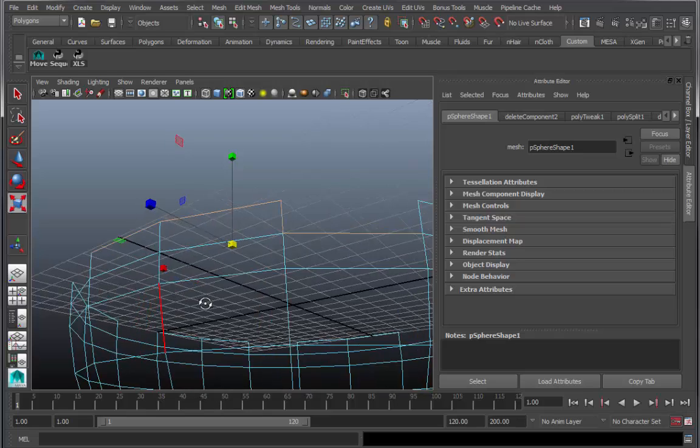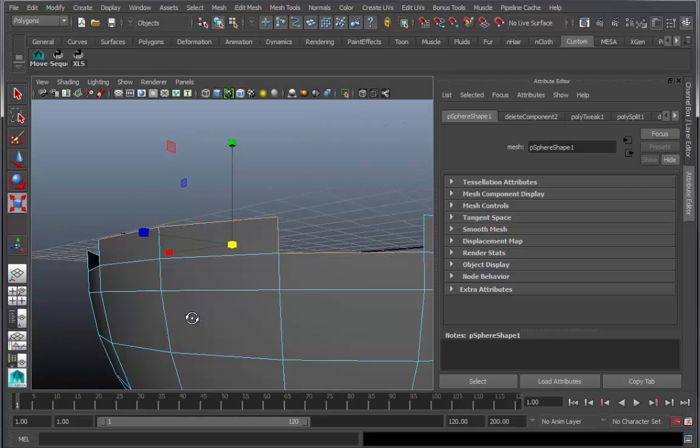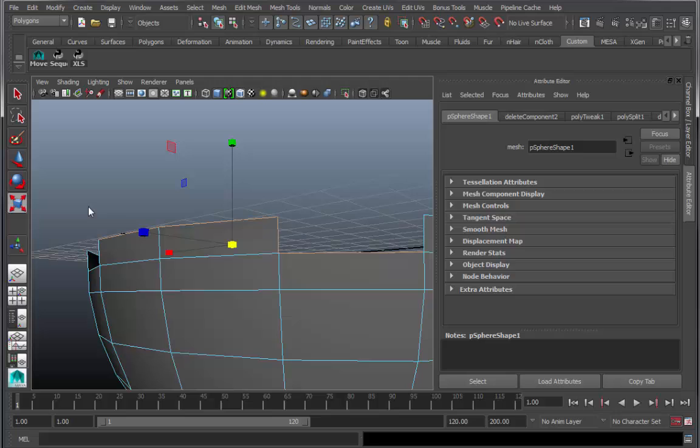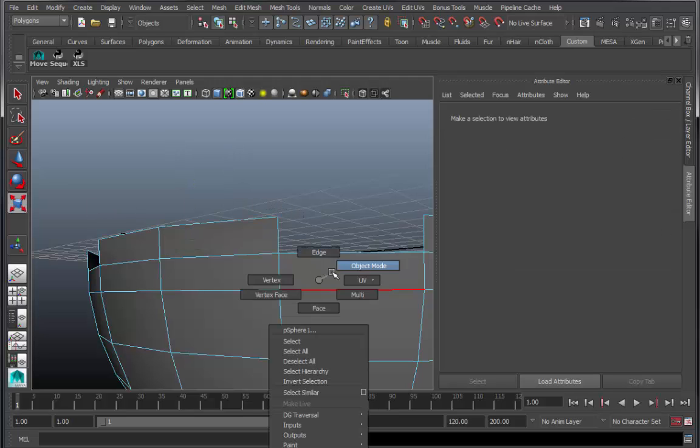Sometimes it's a little better to see them in wireframe, sometimes not. I occasionally will pop over here to this particular bit of shading, which is called X-ray, and turning that on allows you to